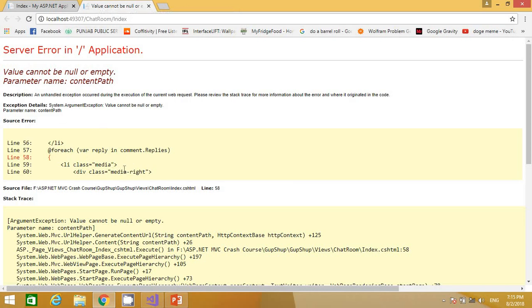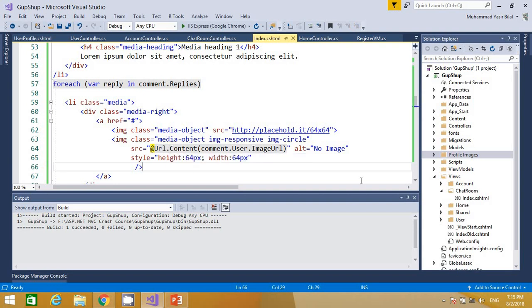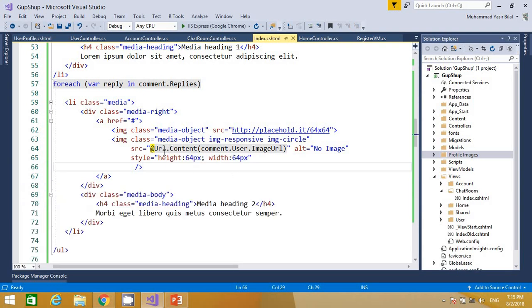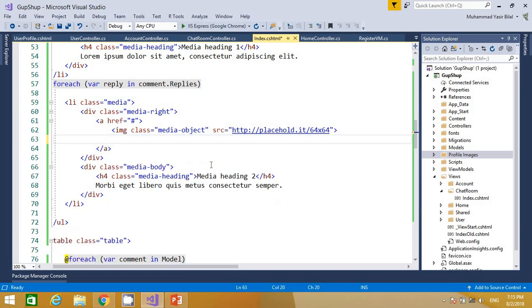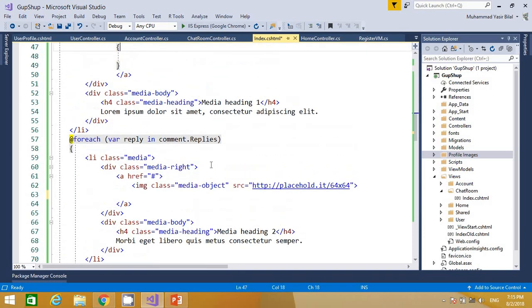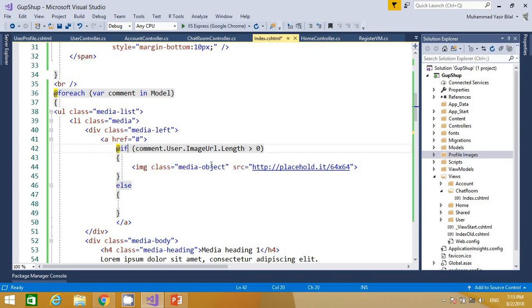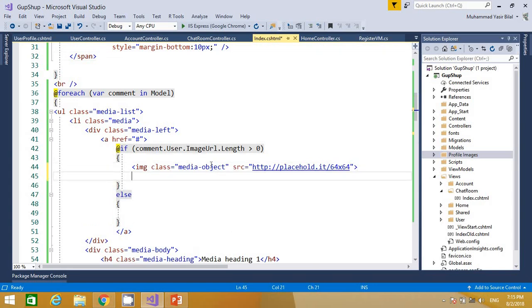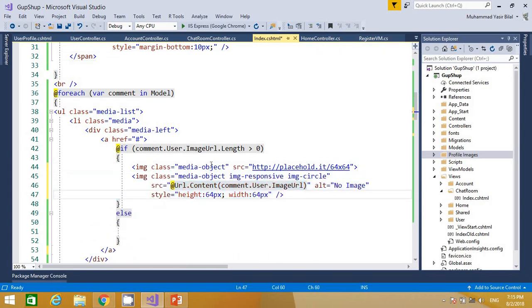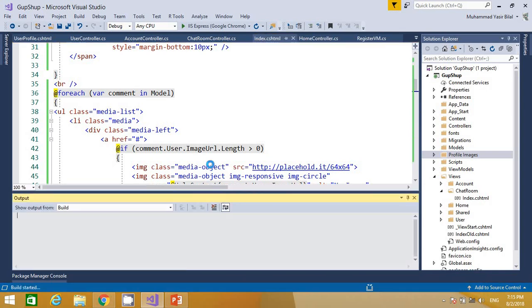For each comment.Replies there is something null, value null or empty. Oh, I missed one thing. We just wanted to paste it in. I cut it from here, Control X, and we wanted to paste it here, but we pasted it in reply section. So I paste it here, and if I again run the project,